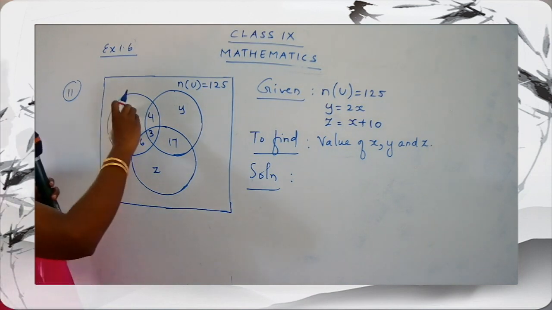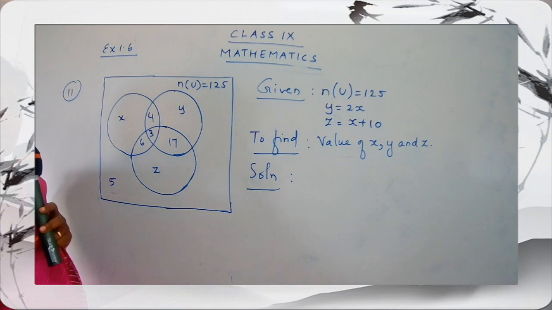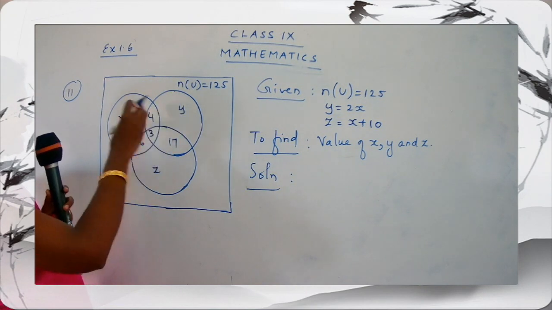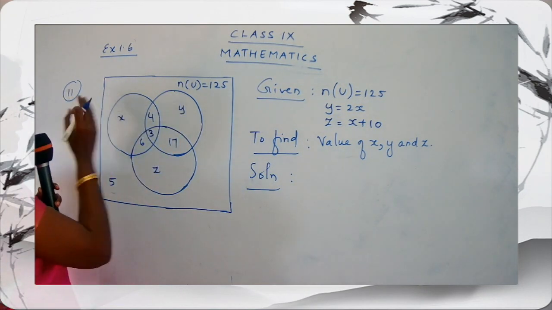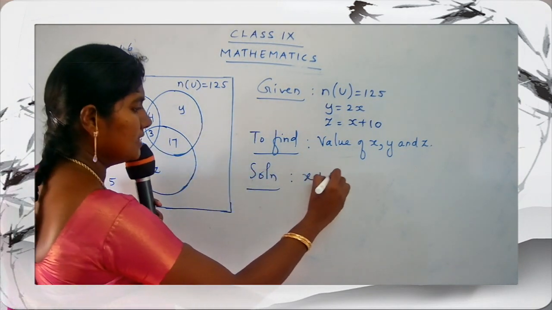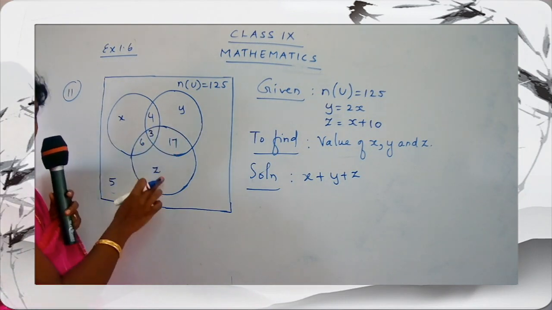First of all, don't get confused with the terms, children, okay? You have to choose all the elements, all the numbers carefully. So what is present here? For this set, x, y, that is, I'll just take the alone part. So x part, y part and the z part. So I'll write down here x plus y plus z. Okay, so I have taken the sum of all these three.